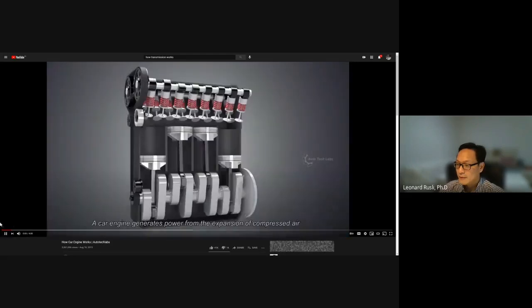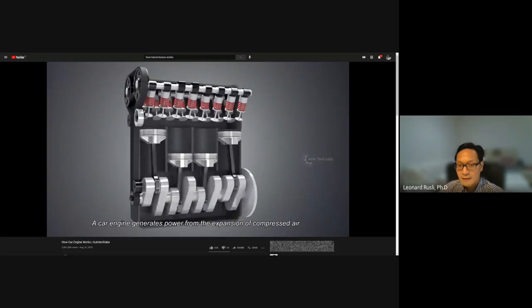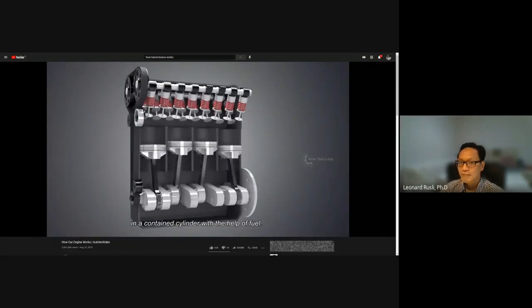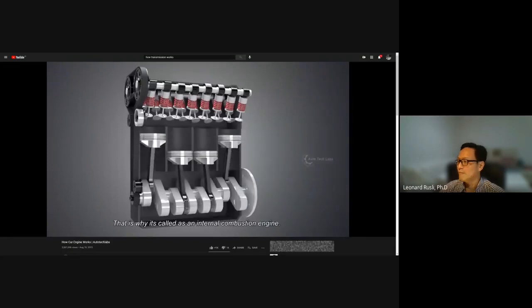A car engine generates power from the expansion of compressed air in a contained cylinder with the help of fuel. That is why